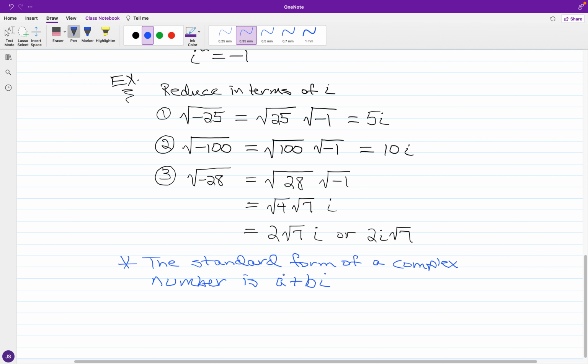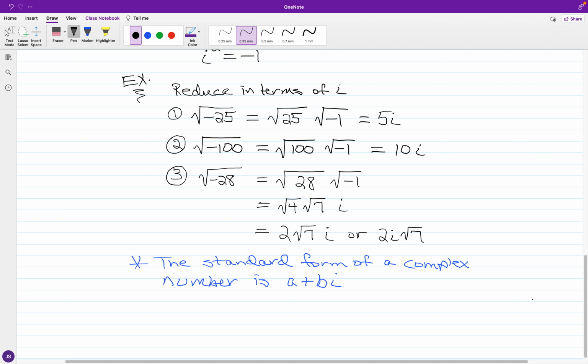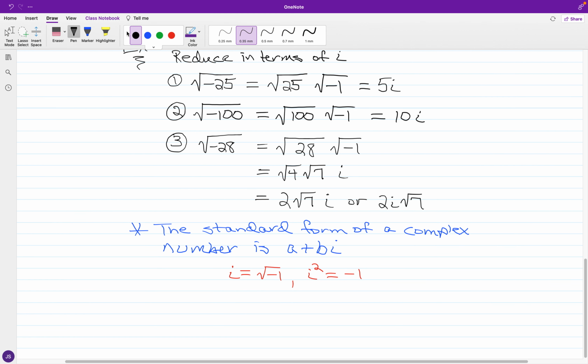And for the values of a and b, a could also be a negative quantity, b could also be a negative coefficient. And again, just maintaining what we have here, we still have that I is equal to the square root of -1, and we still have that I squared is equal to -1. And let's say we're looking at simplifying expressions in standard form,